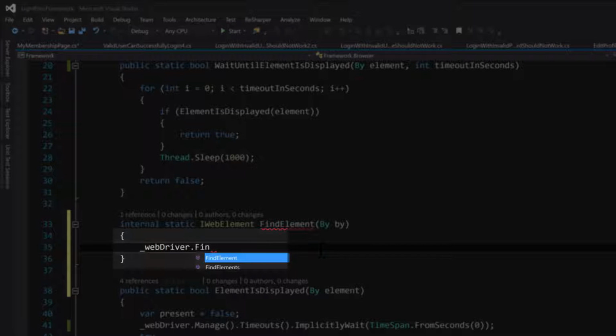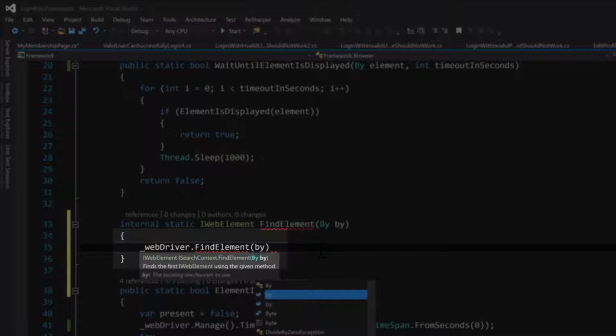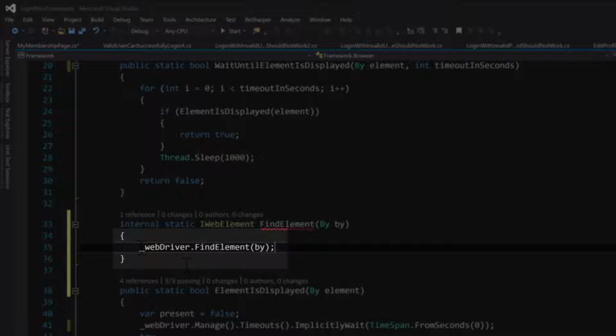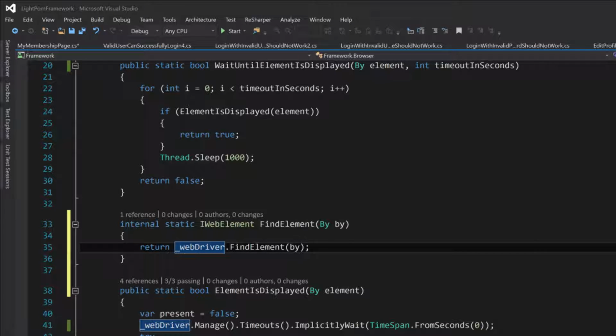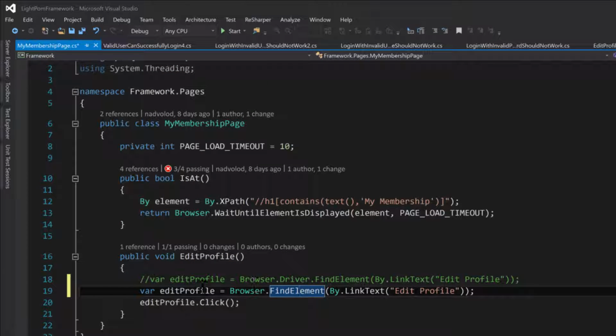WebDriver.FindElement, and then we just pass in the By here, and we need to return something, so we're going to return this WebDriver.FindElement by this guy, right? We're passing in this By class, so you just have to pass it in here, and that will basically be it. So that's going to get returned here, and then we'll be able to click